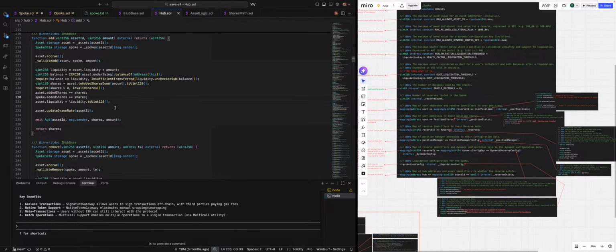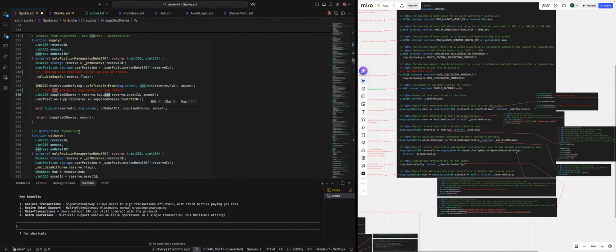Okay, so we are creating two shares, asset shares and spoke shares. So it's not just the user share, we are adding add shares to spoke. So we are supplying